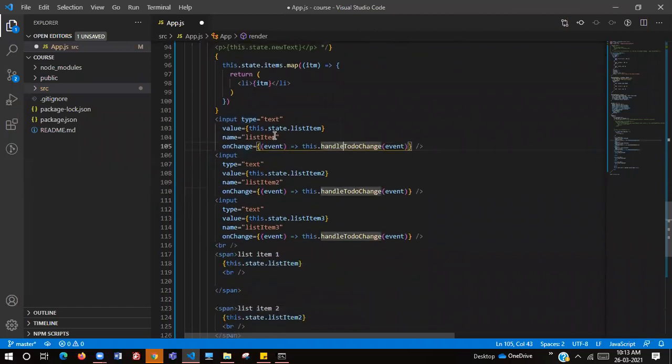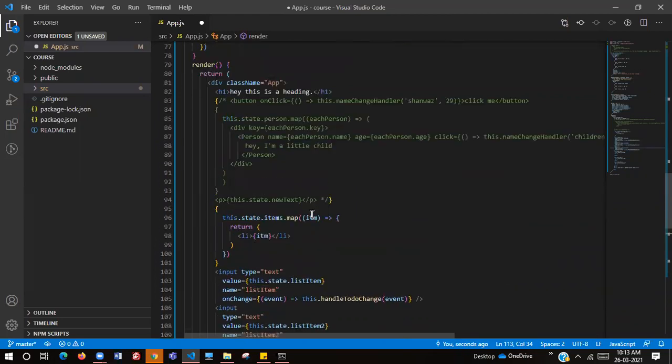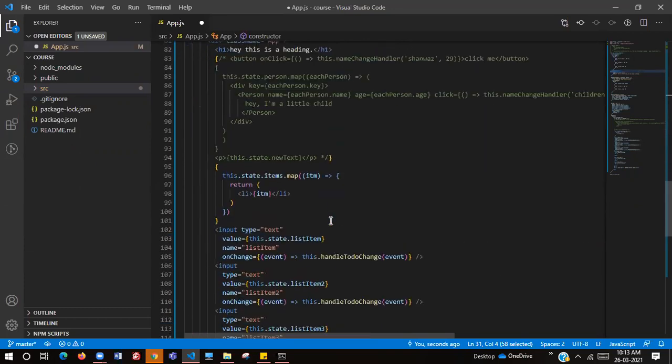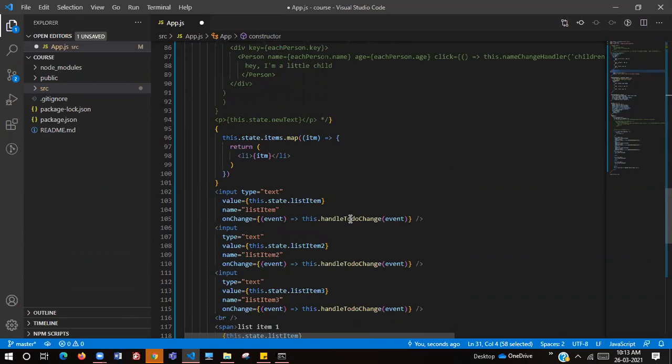That value is this dot state dot list item, this dot state dot list item 2, this dot state dot list item 3, right? To each and every input tag, we have three input values. They are empty by default at first. Now, when we type on this input, the handleChange function occurs as the onChange event, right? Clear until now?